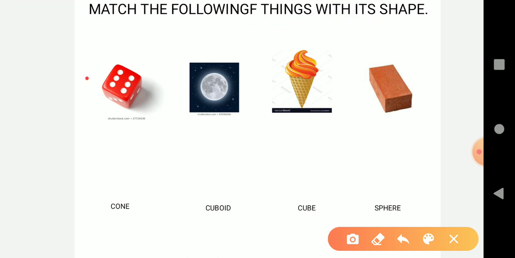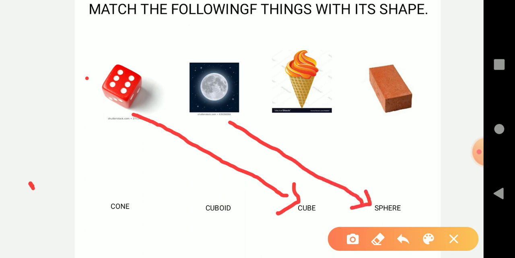First one, yes, dice is an example of cube. Very good. So we match it with cube. Then my second picture is the moon. We know that it is a circle, but the word circle is not given in the answers. So we call it sphere because